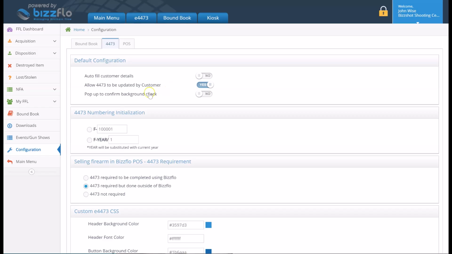And you can select if you want an extra pop-up to confirm a background check has been completed. Next, you can select how the numbering initialization should be displayed, whether it be starting with 1, 00001, and incrementing upwards, or whether it should be displayed with the current year in front, then the incrementing number